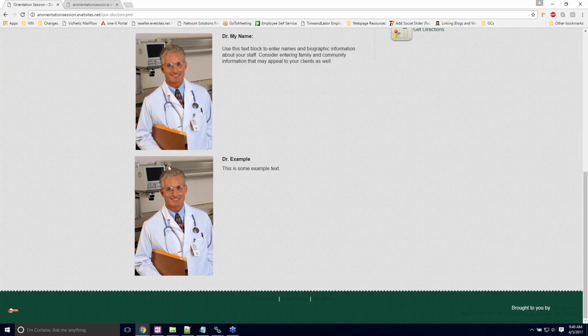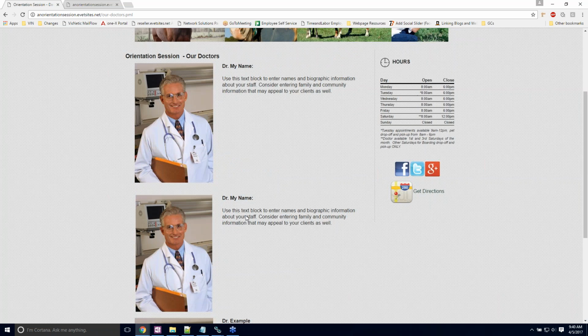Now, let's say that your photo is too large. Your photo needs to be edited. You actually don't need to use an editor outside of the web page. You can actually use our built-in editor because for staff, you want the pictures to be the same size. You want them to line up, at least on width. So to do that,